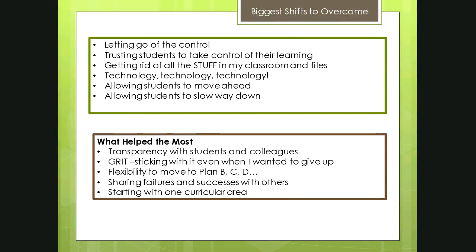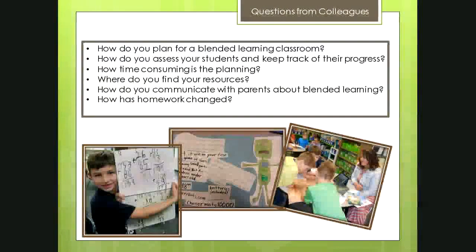However, other colleagues have told me it was easier for them to start with a bigger content area like social studies and science, where they could take the whole unit of study, put all of that on Blackboard, and guide their students through that information and content, and help them learn how to learn that content and then demonstrate their learning in various ways. So it's kind of whatever works for you, but there is a warning. Once you have made that shift, and once you start, it's very difficult to go back. Once I had made the shift and began blending, I could no longer think like a traditional teacher. I could only think, how am I going to get that information in a place where my students can access it? So, questions from colleagues that I get: